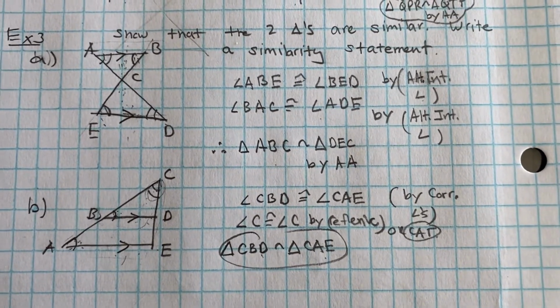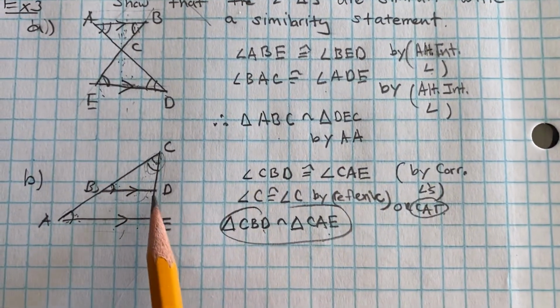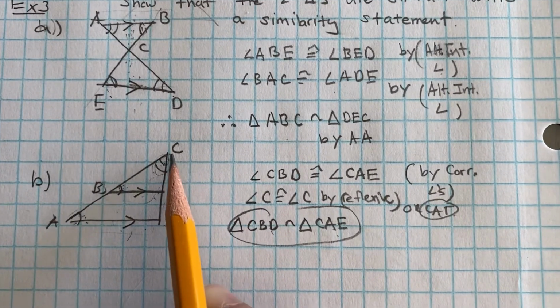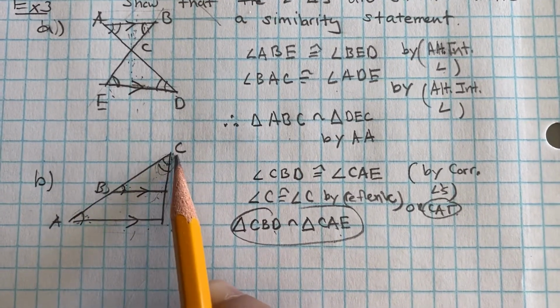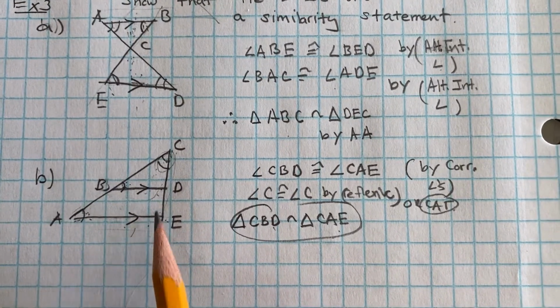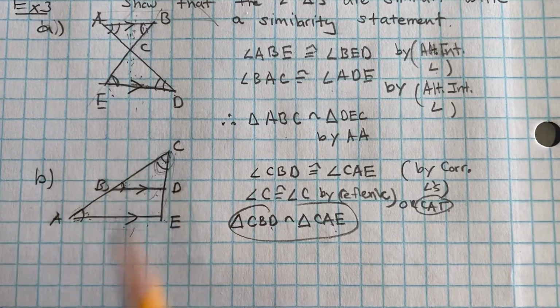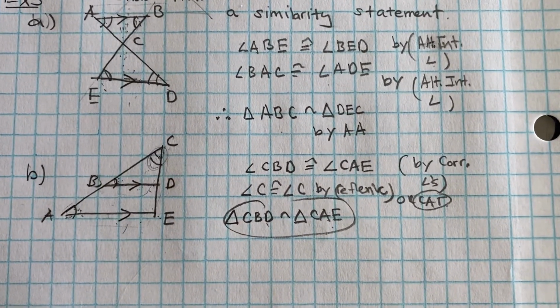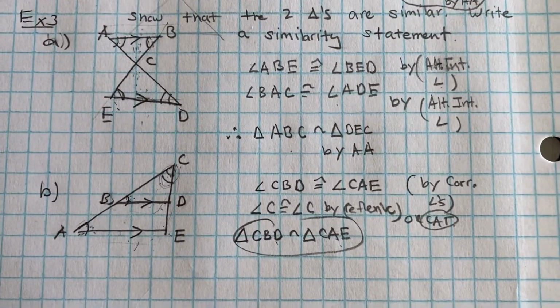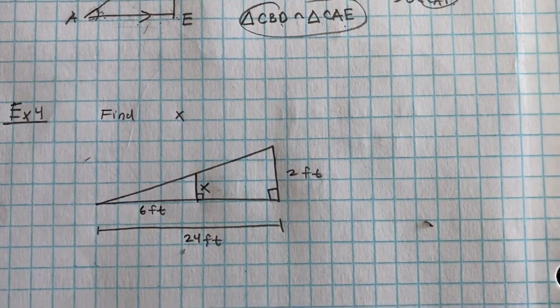Okay, now some of you might be thinking, well, there's another way I can prove that they're similar, and you're right. I mean, if you stated that, hey, angle CDB is congruent to angle CEA, also by corresponding angles, you could have done it that way as well instead of using the reflexive property for angle C. Okay, so that will conclude example 3. And we're going to move on to the very last example, which is a pretty short and sweet example of